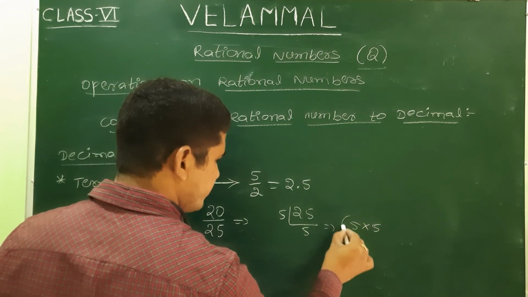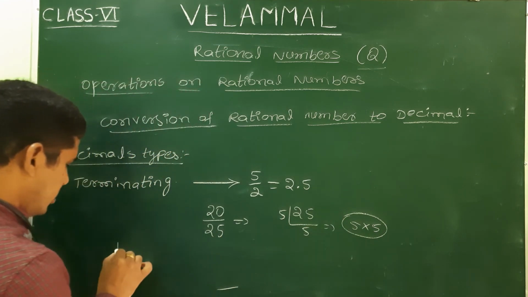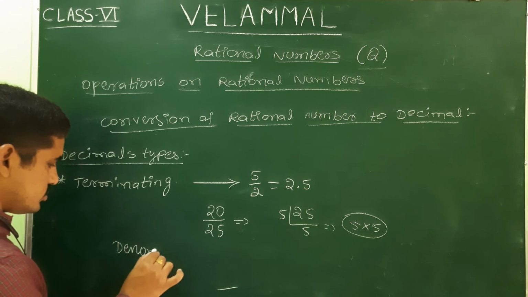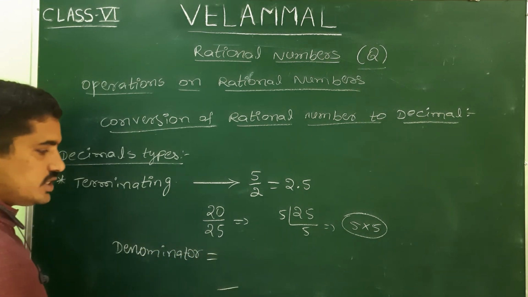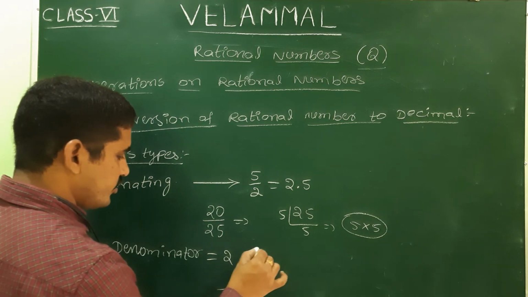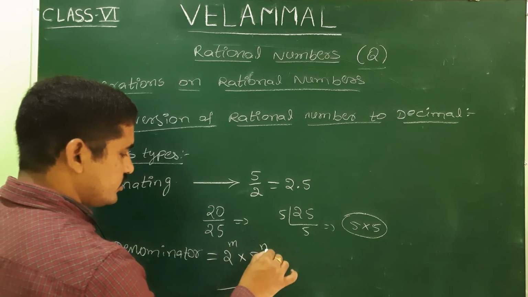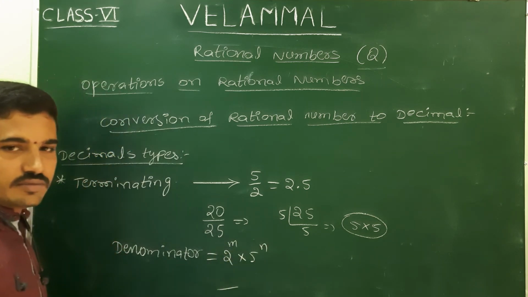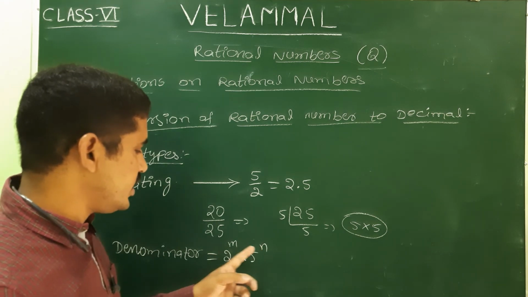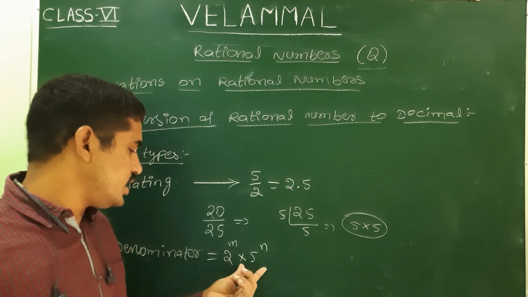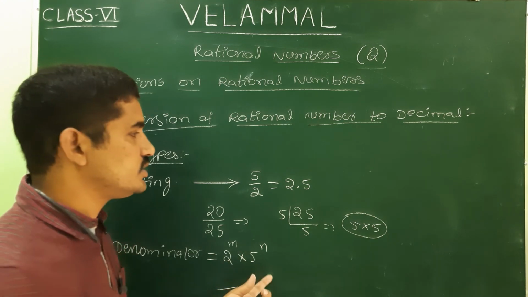So if the denominator is expressed in the product of 2 and 5, whatever it may be the power, 2 power m and 5 power n. So m and n are natural numbers or whole numbers. M and n are whole numbers. Here any number of 2's or any number of 5's can be repeated. See, for example,